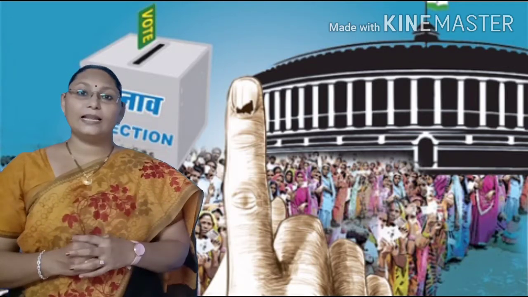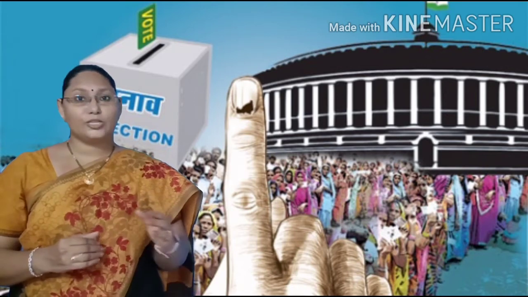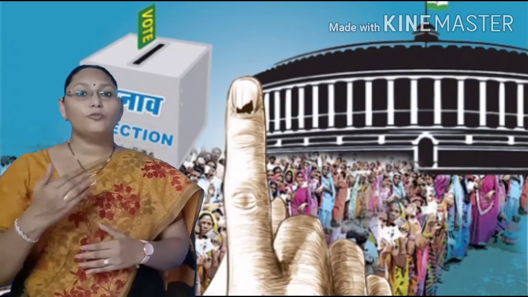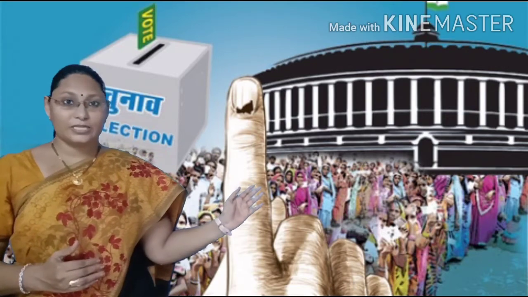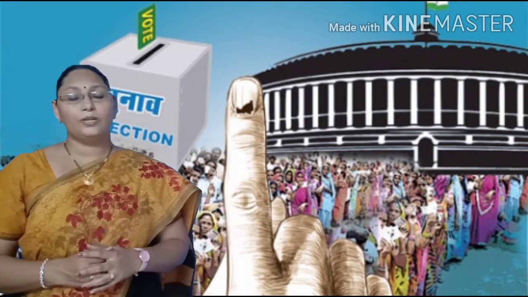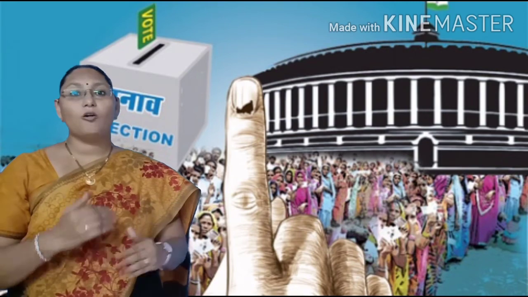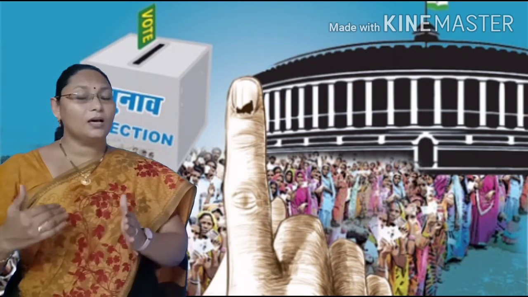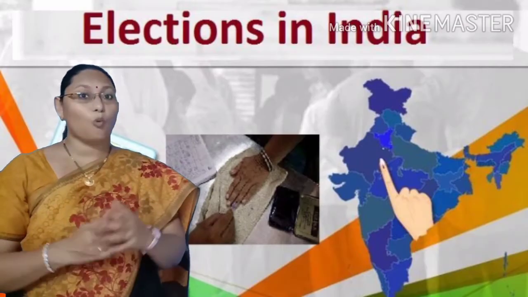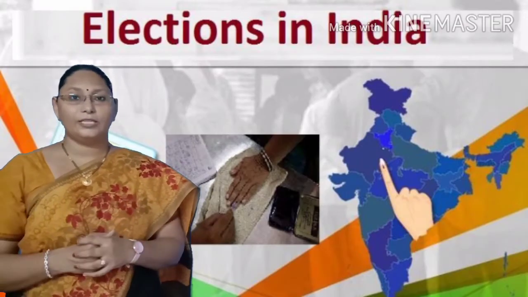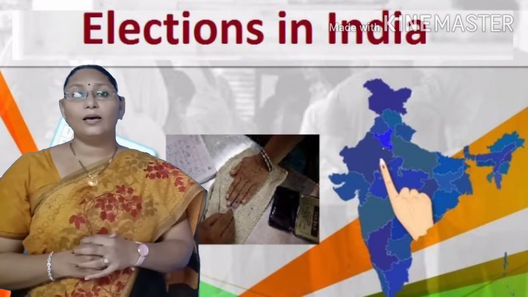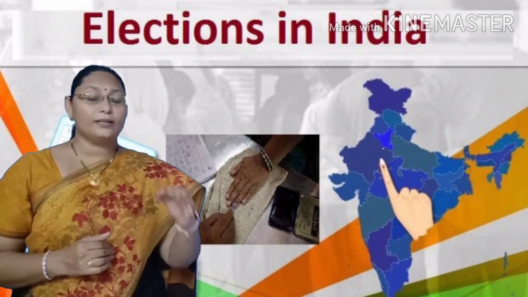Every 5 years, elections are conducted, and in those elections, citizens who are 18 years of age can participate and vote for their beloved representatives from their locality. Those representatives will go to the assembly or the parliament. There he or she will talk on behalf of that community or the locality's people. So these representatives carry the voice of the people, right? Yes. So this is one of the famous ways in which people in India can participate in the decision making